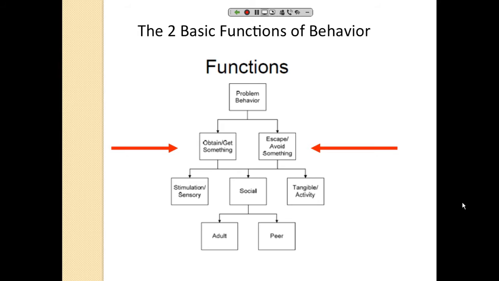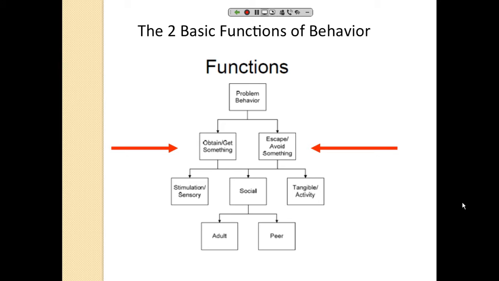Now, as you notice, escaping things can have some of the same results. They could escape tangibly if you get out of math class by acting up and you're bad in math. The benefit to you, the reinforcement for you, is not having to do your math work and not being mortified in front of your peer group, which is social. In the case of this child,